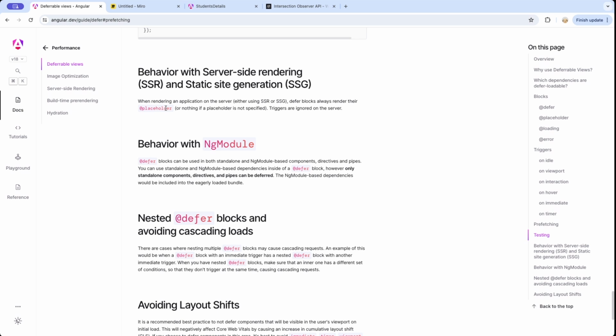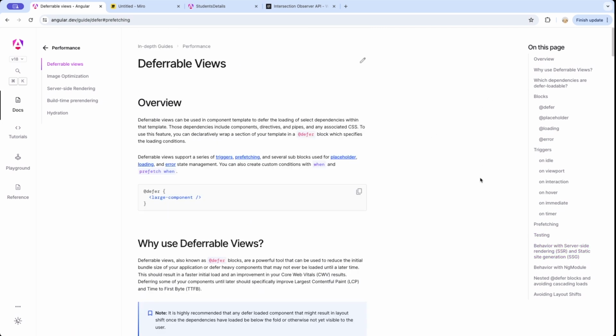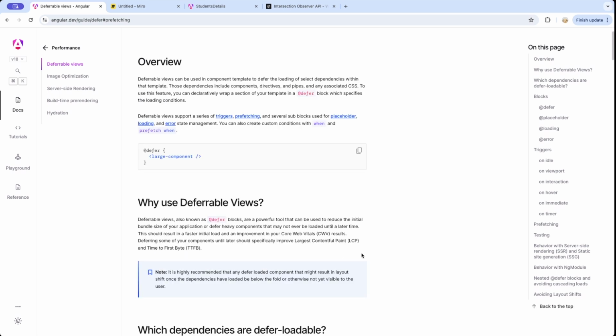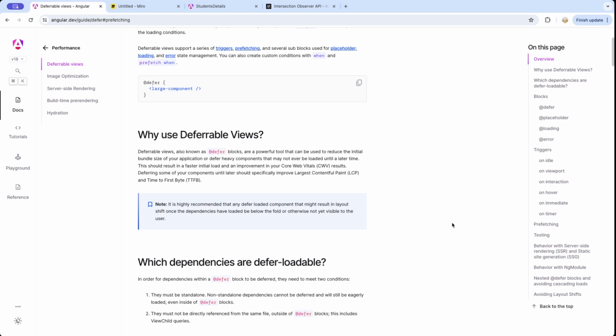Okay, so if you wish to know more about what server-side rendering is, please do write in the comment section below, and probably I'll cover the placeholder and its usage in server-side rendering, if there is a demand and if you really need it. But for now, I think we are pretty much good. We've understood all the important aspects of the deferrable views. We've seen how defer works. We have also seen how triggers work,